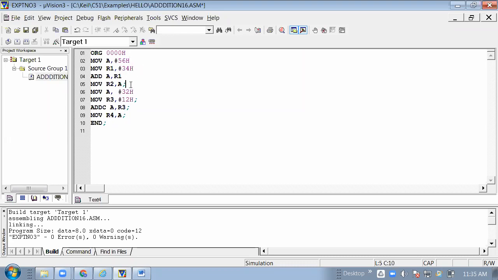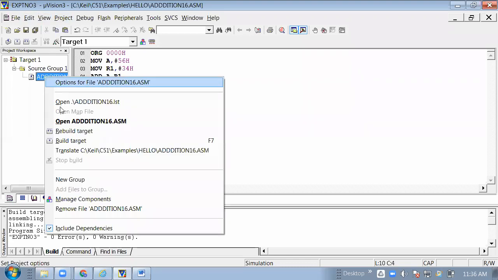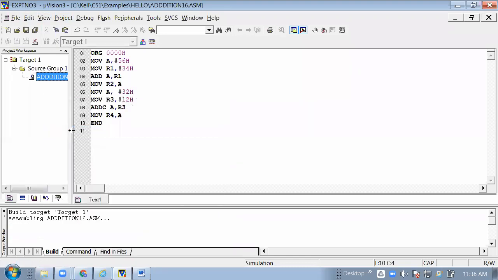Just save the program. Then right click, rebuild the program. Okay. There is no warning, no error.